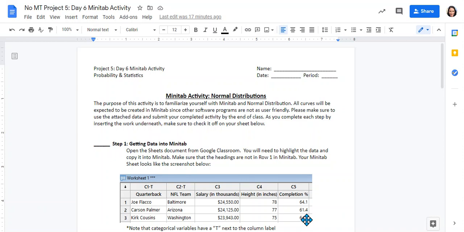Hello PropSet students. This video is for students who do not have Minitab. I do suggest that if you have Minitab on another computer that you complete the activity that way. We are trying to teach you how to use Minitab, and also the graphs are just much easier on Minitab. But if you don't have Minitab, then this video will try to show you some other ways you can complete